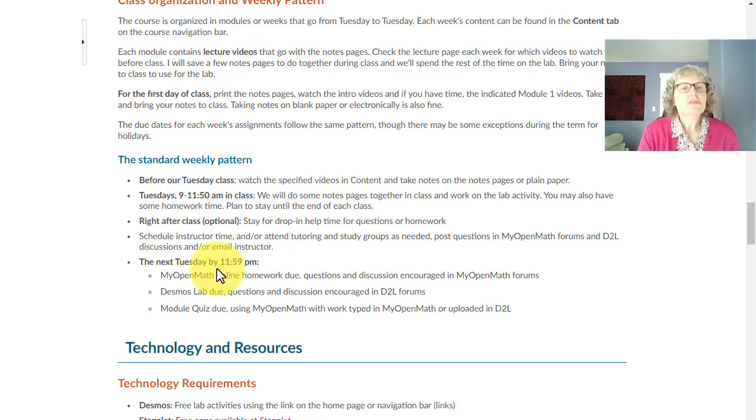And then the next Tuesday, so we'll have a Tuesday to Tuesday system, everything will be due, okay? So do spread it out over the week. I don't encourage you doing everything on Tuesdays. There's too much content and you won't retain things very well, okay? But I did build in quite a bit of flexibility during the week for you, okay?